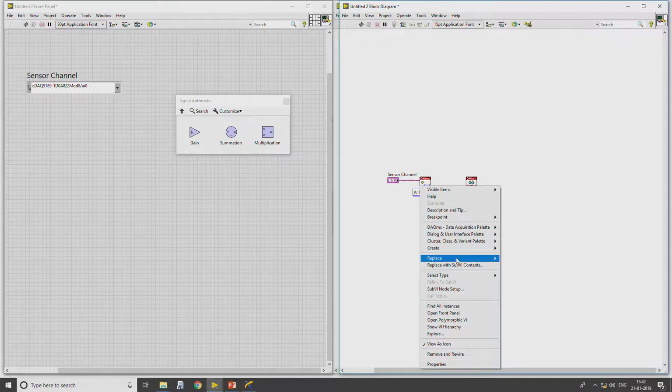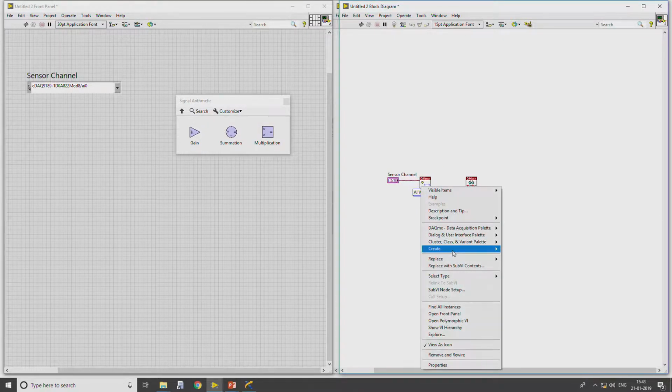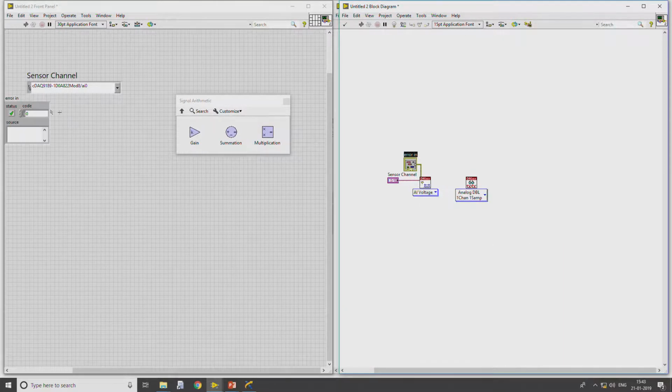So, the next step is creating an error control, so that it gives an indication if any particular block throws an error during execution. Custom scale, task in, and task code will be connected here.